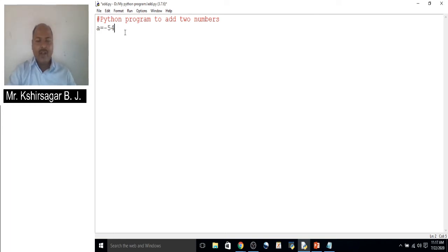Now if you declare another integer b equal to 34, 34 is a number that does not contain any decimal or fraction part, so the type of b becomes an integer. Now we want to print the sum of those two numbers.